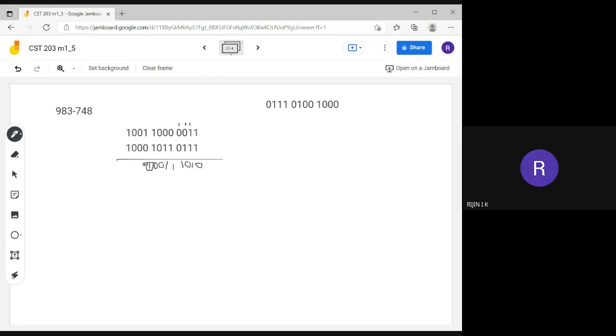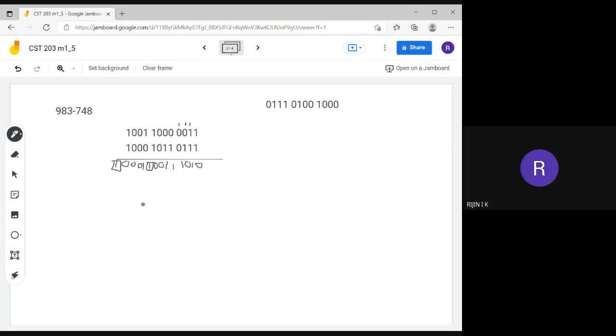Then 1 plus 0 is 1. Then 0. Then here also 0. 1 plus 1 is 0 with the carry 1.